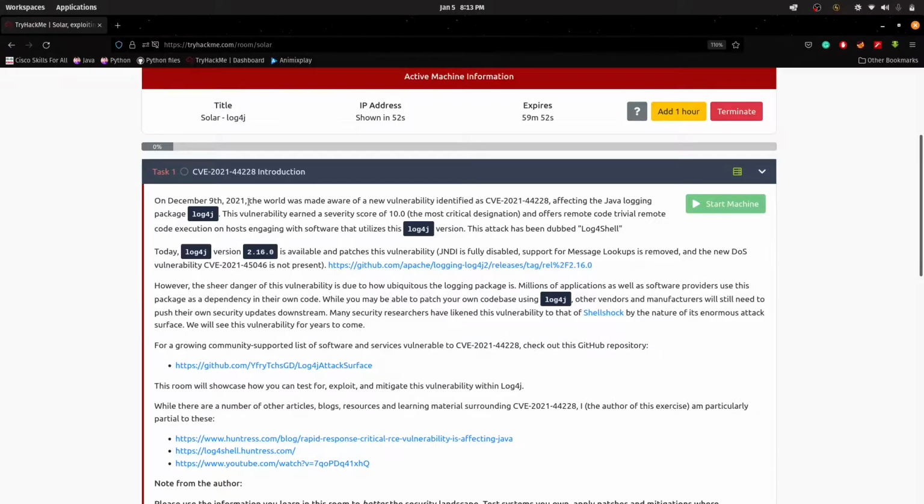On December 9, 2021, the world was made aware of the vulnerability of log4j affecting Java logging. This vulnerability earned a severity score of 10 out of 10 and offers remote code execution. Today, log4j 2.16 is available and patches the vulnerability. JNDI is fully disabled, support for message lookups is removed, and the new DoS vulnerability CVE-2021-45046 is not